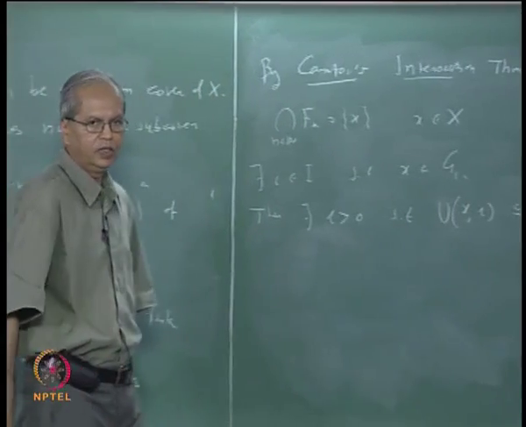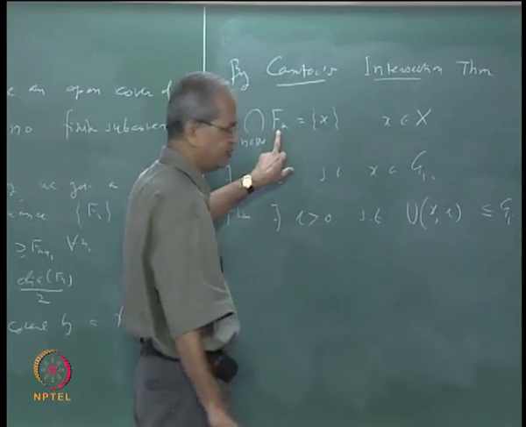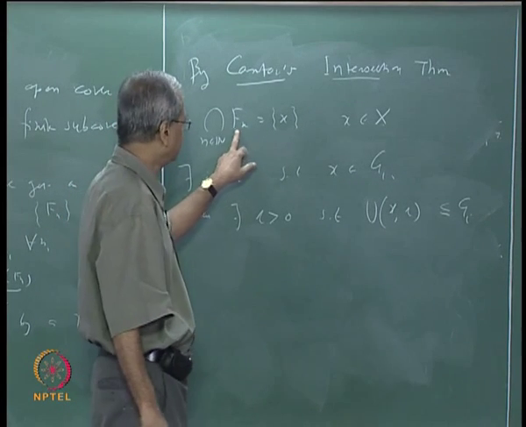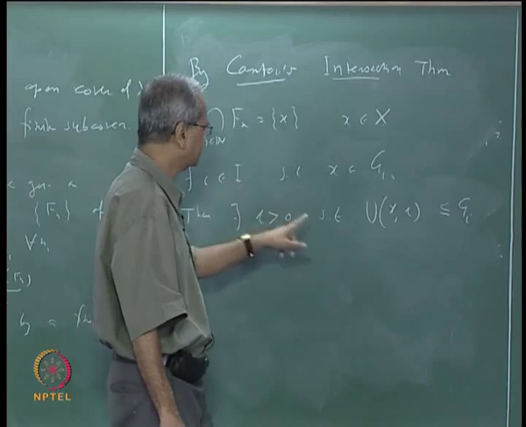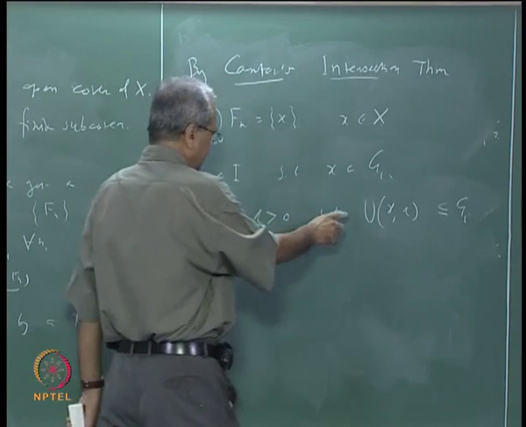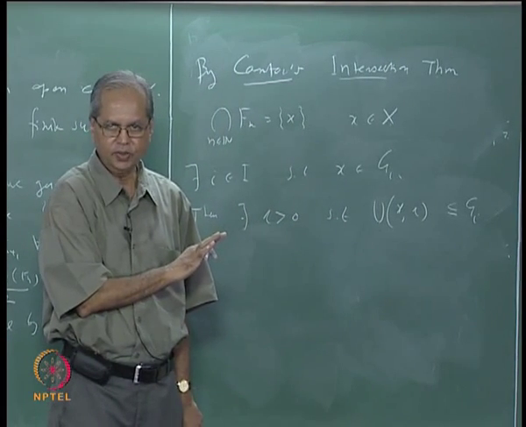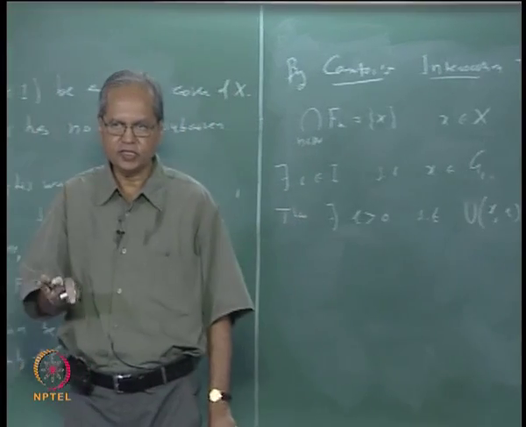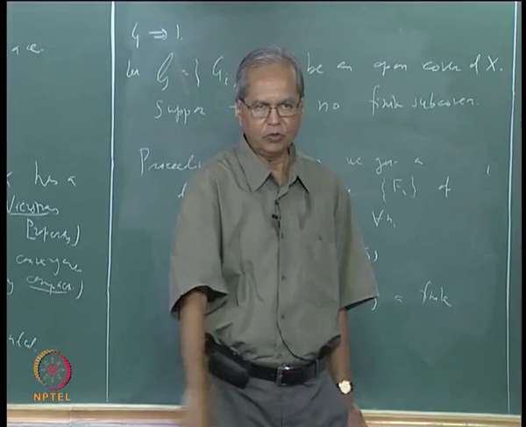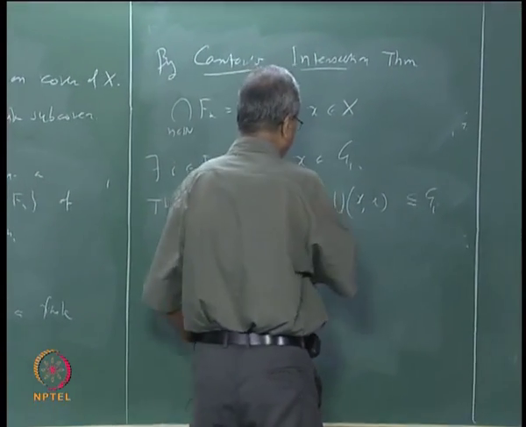Now look at the relationship. Remember that x belongs to each of these F_n. So the intersection of U and F_n should at least contain x. There are two possibilities: either F_n is inside U(x,r), or some elements of F_n may be outside U(x,r). But if some elements of F_n are outside U(x,r), then the diameter of F_n